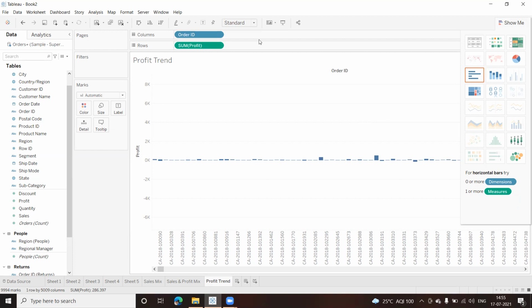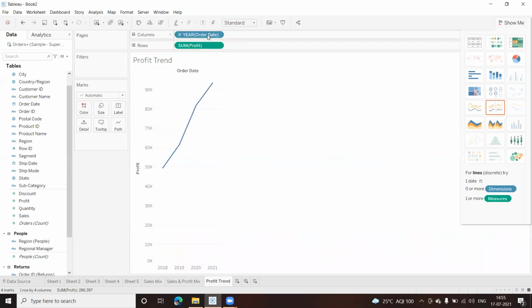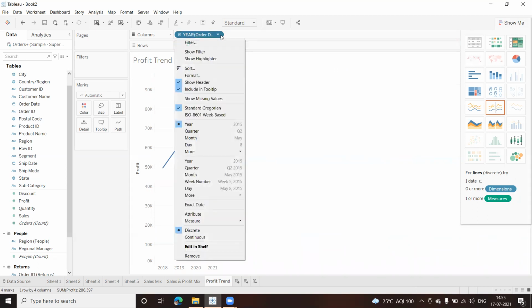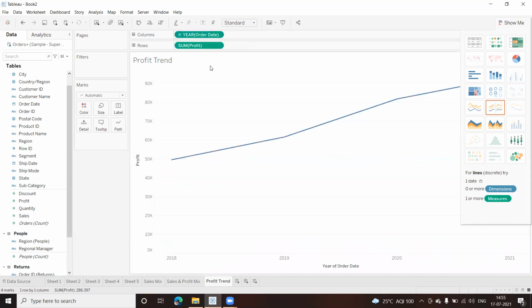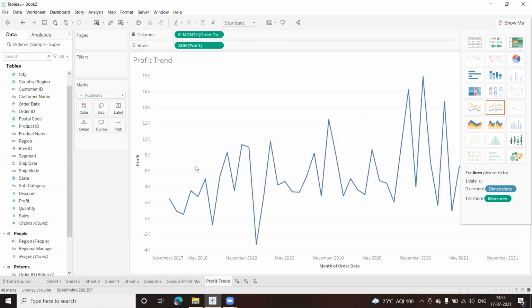Now this is not coming properly because I put order date, guys. So okay, order date, a line chart, and I want this to be a continuous one, so I have to change this and change this one here and go and take month wise. Okay, this looks better.